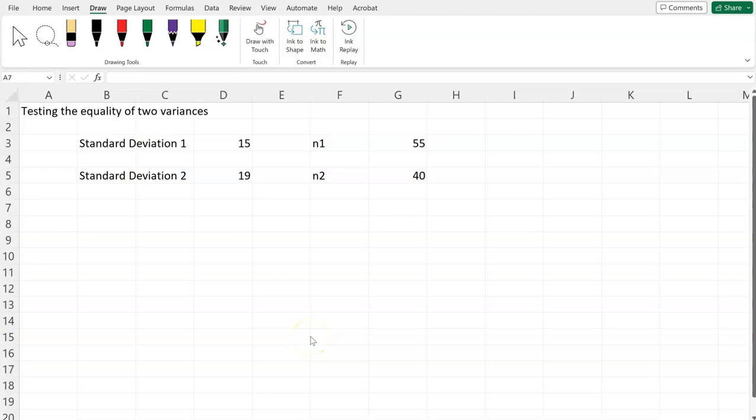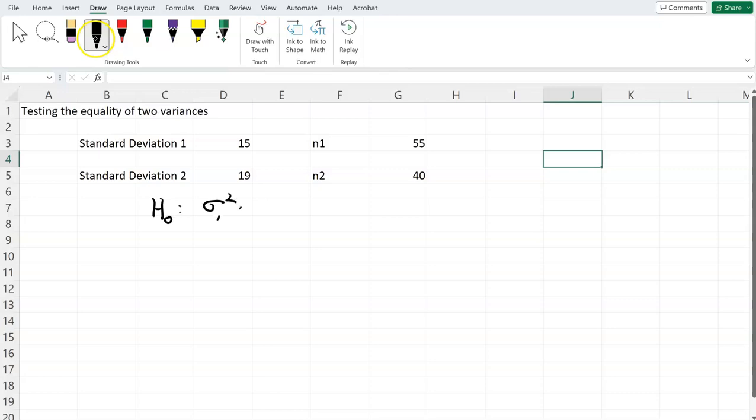Today we are going to see how to test if the variances of two different samples are equal or not. So in our case, let's say we have collected two samples, N1 is 55 and N2 is 40. And we found these two standard deviations, where the standard deviation of the first sample is 15 and the second sample is 19. So what we are going to do is test, basically, in our case, H naught is that sigma